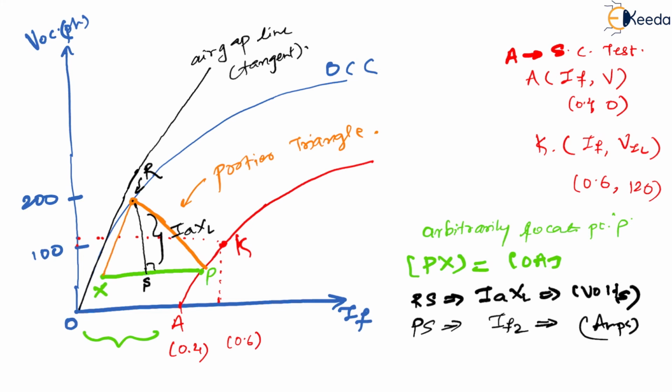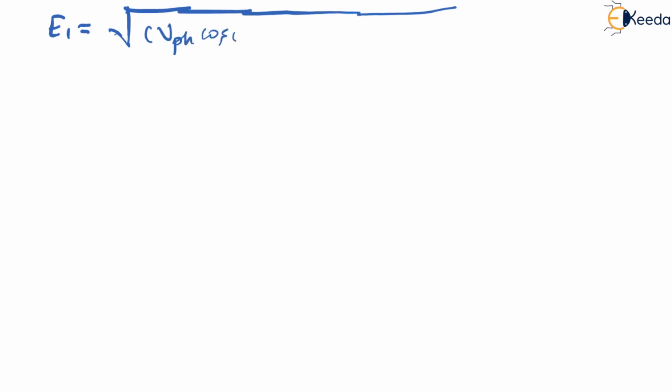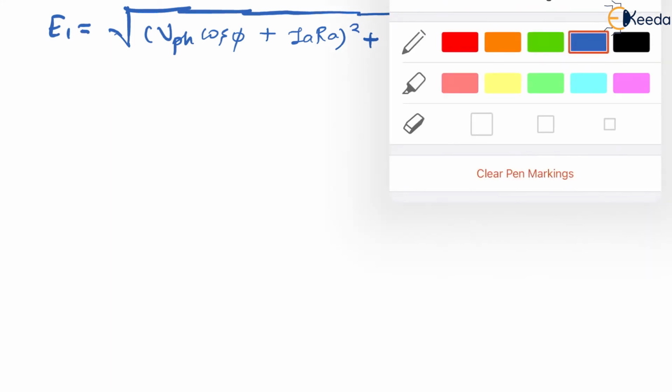Now, what are we supposed to do here? IF2 you have already got, correct? What about E1? What is the E1 formula? We need to get this value through the EMF method, correct? Yes. The EMF formula is: E1 equals the square root of (V phase cos phi plus IARA) the whole squared plus (V phase sin phi plus or minus IAXL) the whole squared, correct? Yes. Now